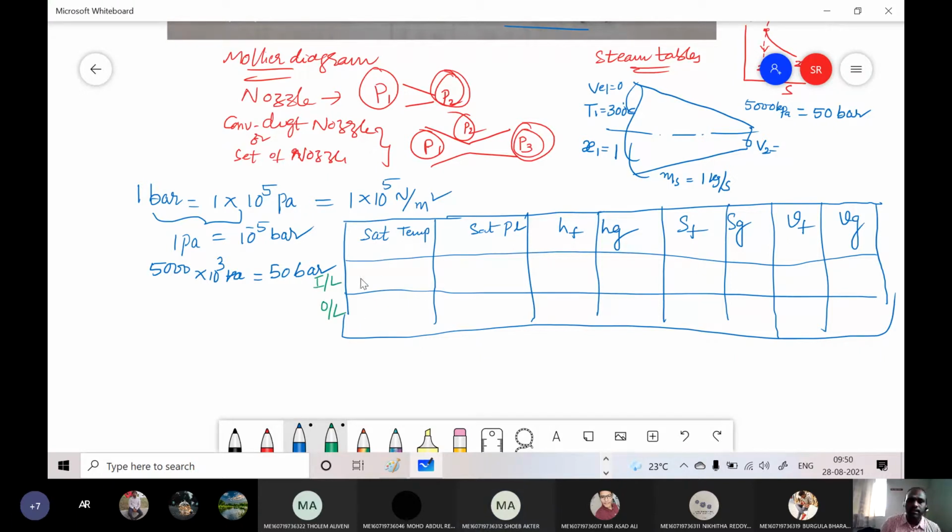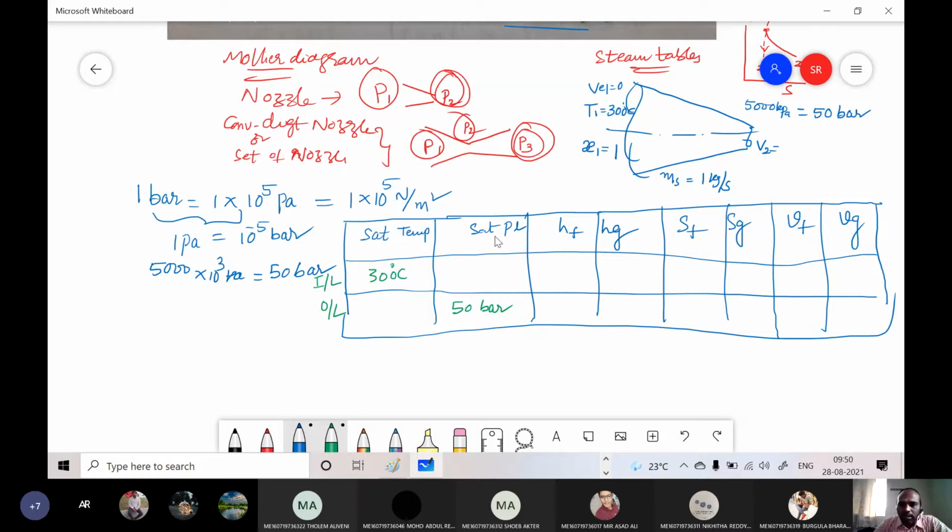So this is the inlet condition, and this is the outlet condition. Agree? Right. So for the inlet condition, the temperature is given as 300 degrees centigrade, and for the outlet condition, the pressure is given as 50 bar. You got it how to draw this table? This is inlet values, these are the outlet values. Now those who are having the steam table, open it and refer to the water steam table based on temperature. That is the first table.